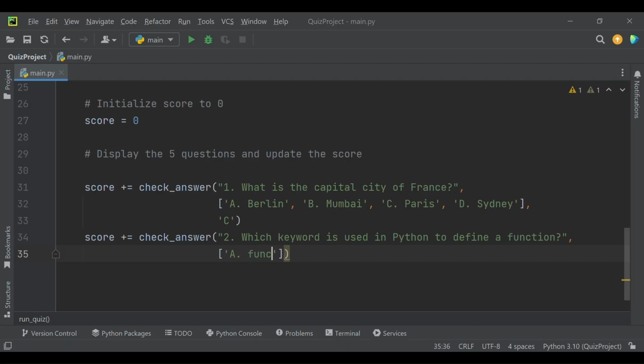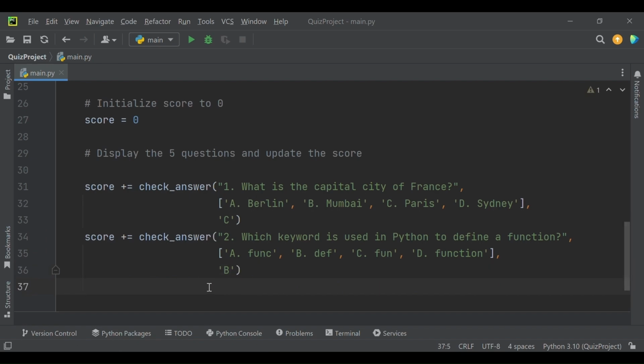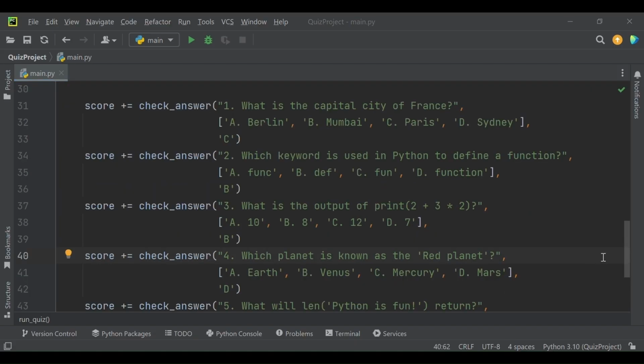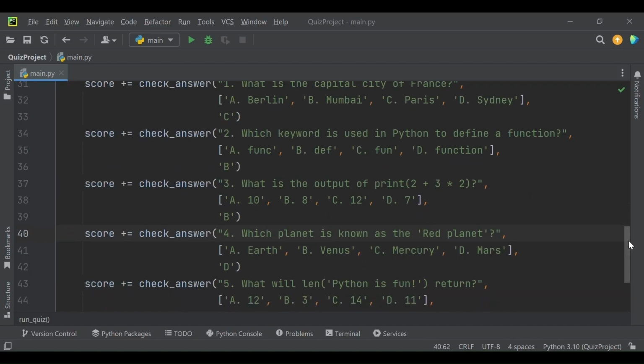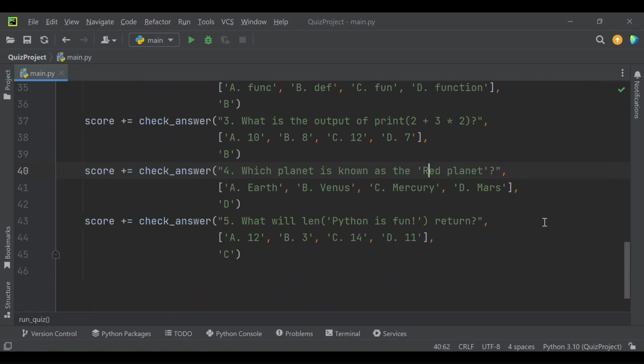So my first option is FUNC, second option is DEF, third option is fun, and fourth option is function. We already know the correct answer is B. Now in the same way I will type here the other 3 questions. So here I have entered all the 5 questions along with their options and correct answers.